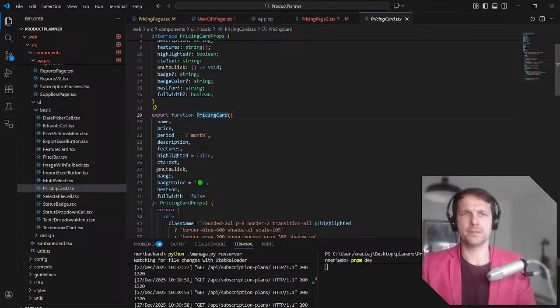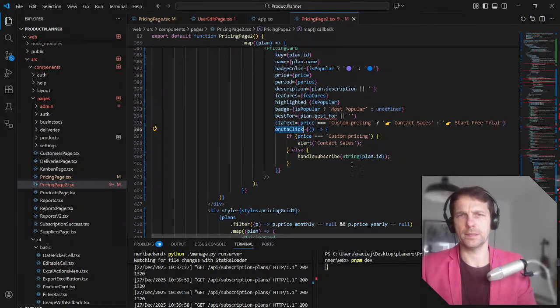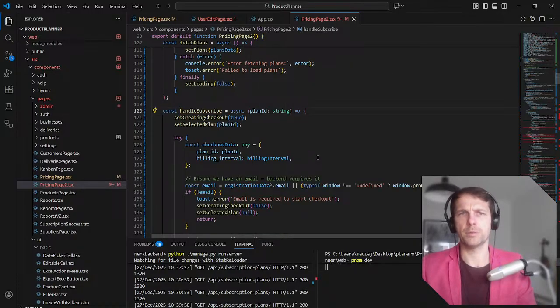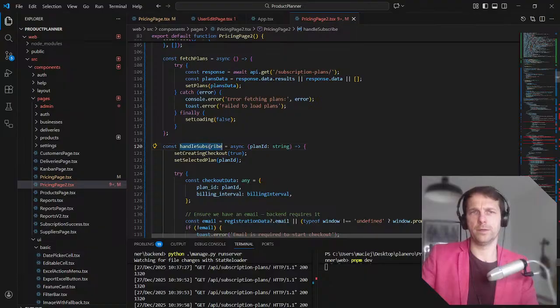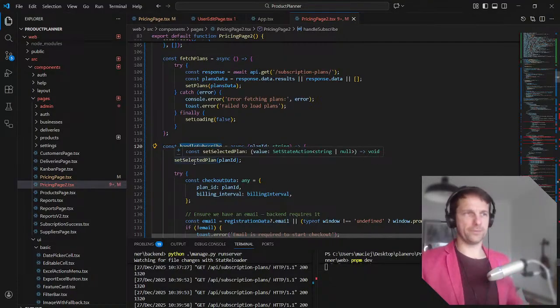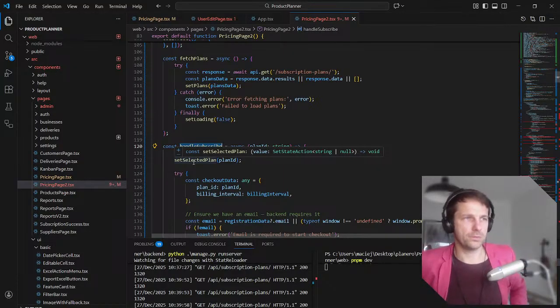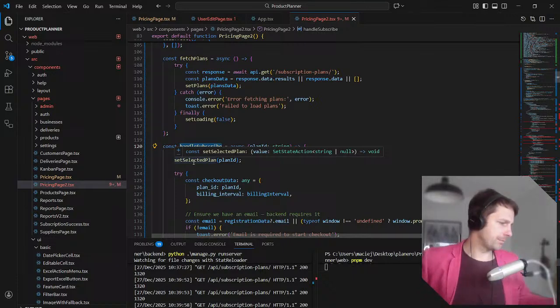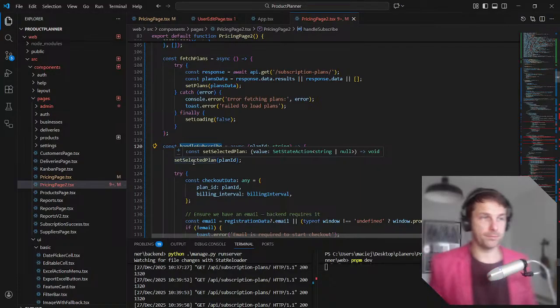Okay, so let's see what on CTA click does. On CTA click alert, contact sales. Ooh, handle subscribe. So probably it should check on the entry if you have one of the plans that are defined, then it should just redirect you straight to Stripe and take your money.